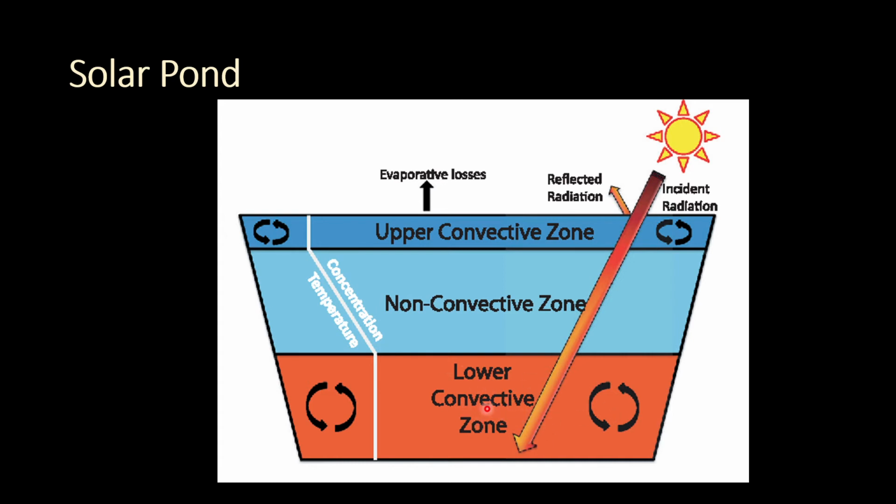As the salt concentration in this layer is very high, these three layers have different densities. Due to the higher density, the hot water always tends to stay at the bottom. That is, we collect this solar energy and store it at the bottom layer of the pond itself. Whenever the energy is required, we can pump cold salt water in from one side and take the hot salt water out from the other side to run a cycle, especially the Rankine cycle.